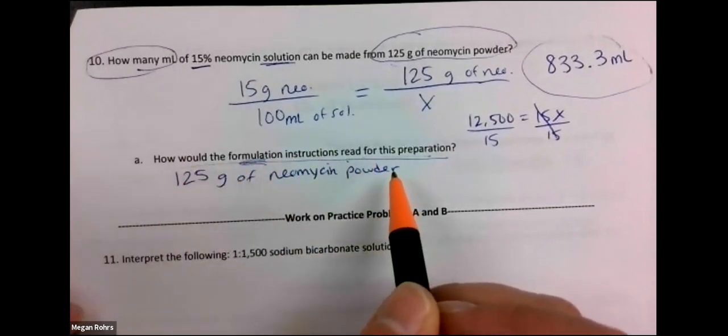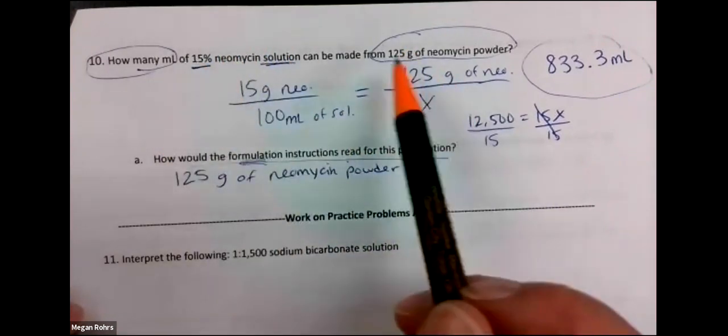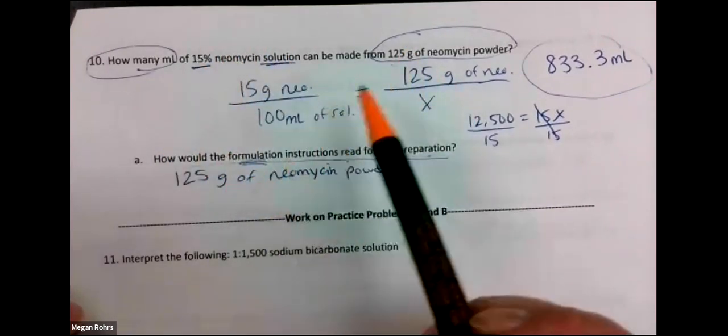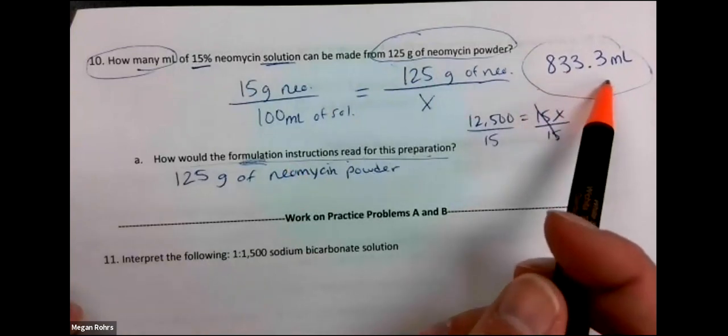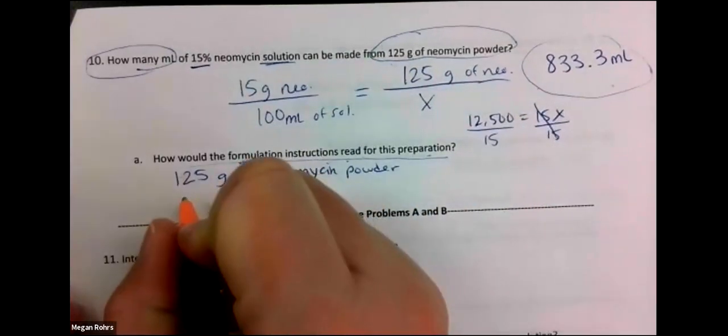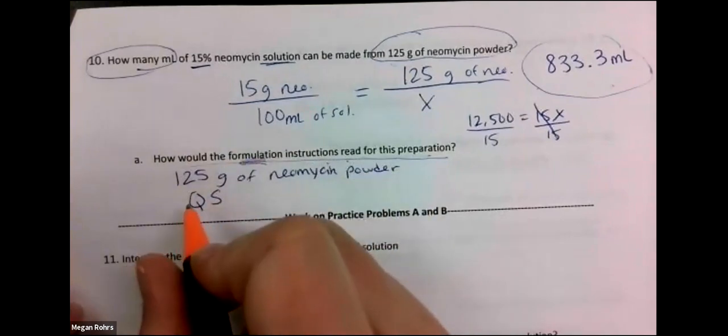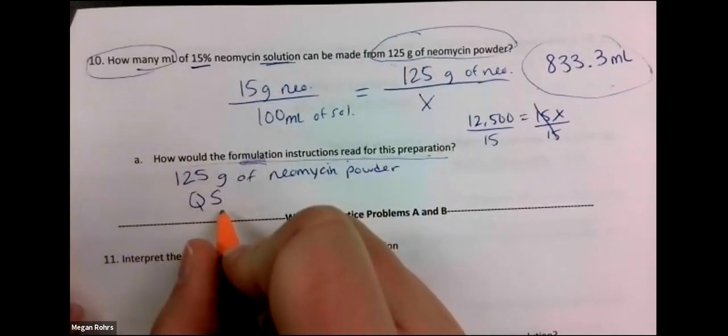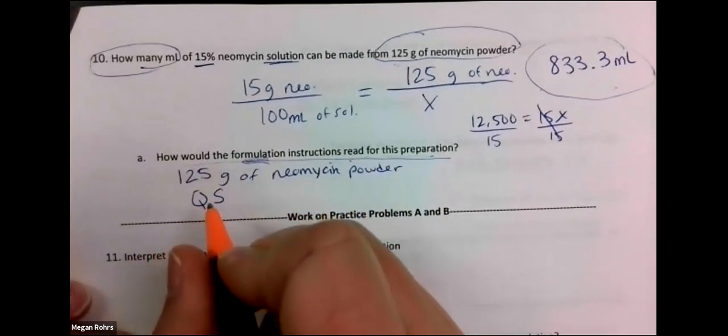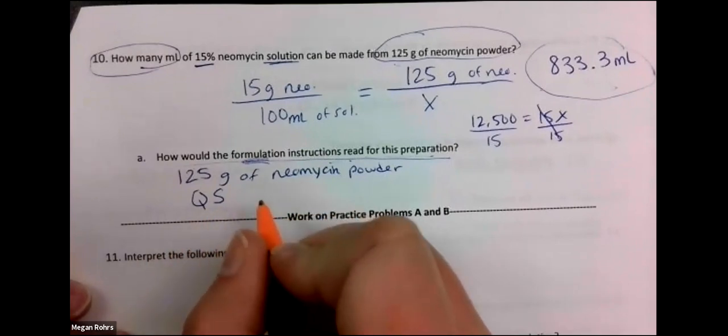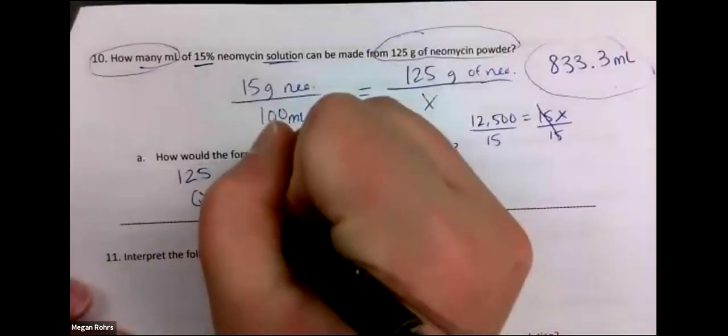So anytime we don't have an exact amount of diluent given to us, but we do have our total volume, we use the abbreviation QS, which means quantity sufficient,